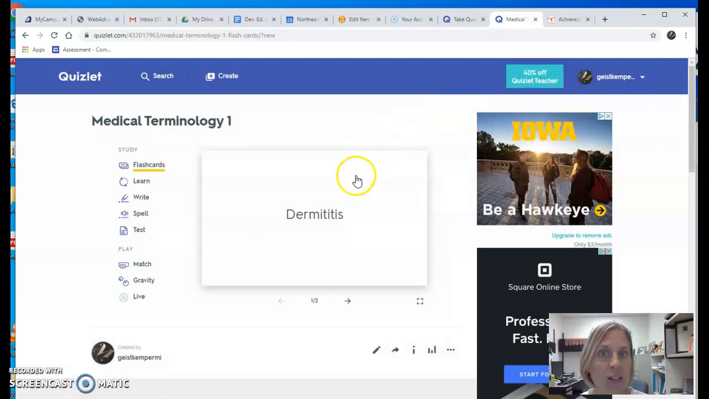I can send it to a friend, so if you wanted to buddy up with somebody else in your med terminology class or in your anatomy class, you wanted to bump back and forth in creating Quizlets, you can do that as well. Just email that to your partner or to your friend. Once you get